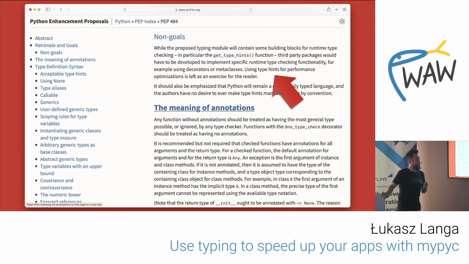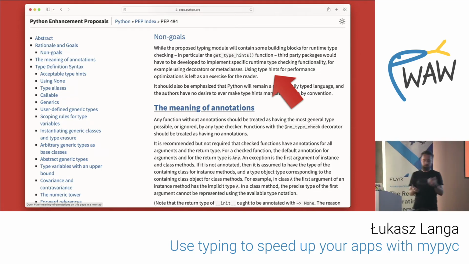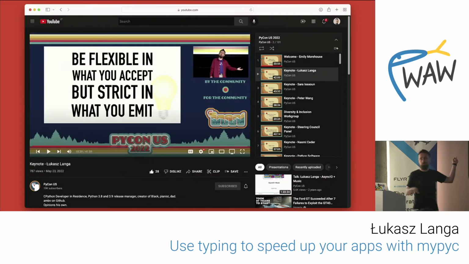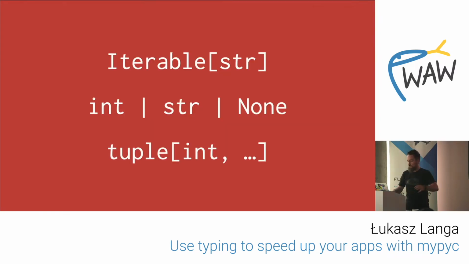But he was right in the sense that the types you use to express your program, to explain to other humans what you expect for your function arguments and what the function returns, are much different from what Cython wanted to make things faster. Those are totally different types. In fact, I had a talk at PyCon just this year about this topic. If you want to hear more, there's an entire 45 minutes of me talking just about that. The slide from that talk that we need for now is this,